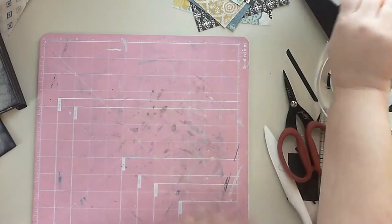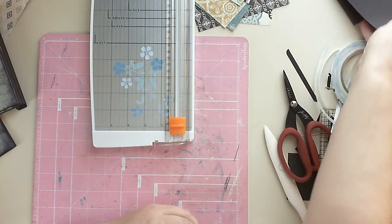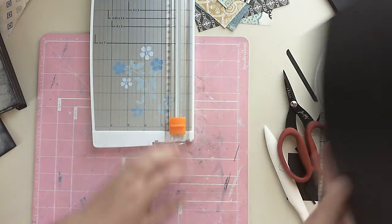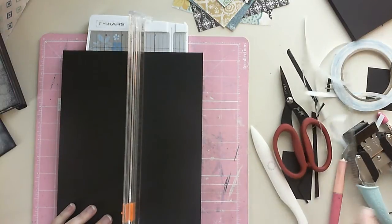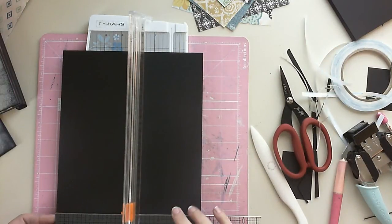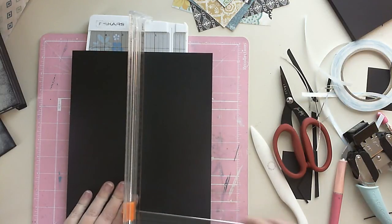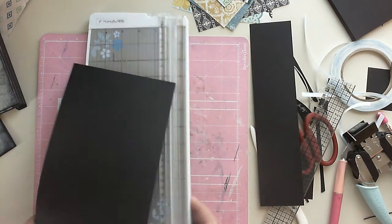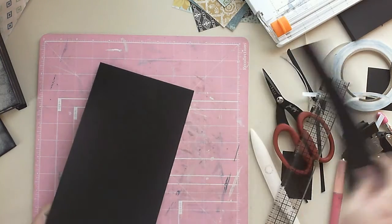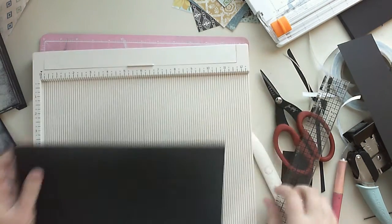So, to do that, I'm going to grab another sheet of paper. And the first thing I'm going to do is cut it down to 6 because I know that I don't want it any taller than 6. And instead of having to remove it later, I'm actually just going to remove a hair now. Okay? Then I'm going to take my scoreboard